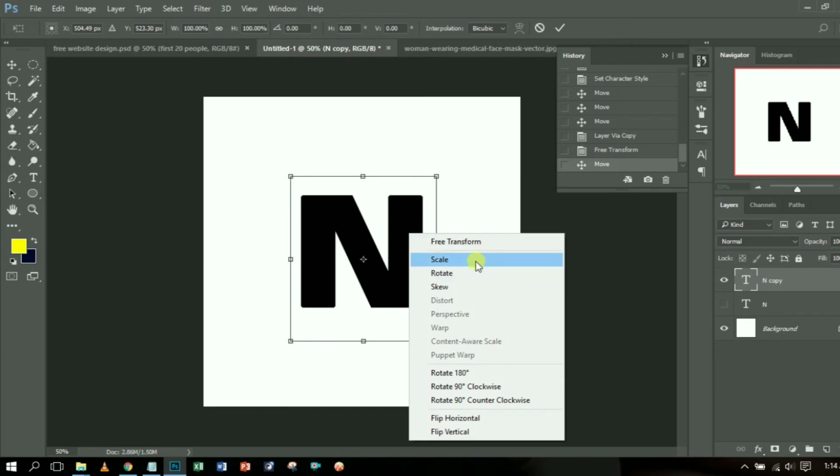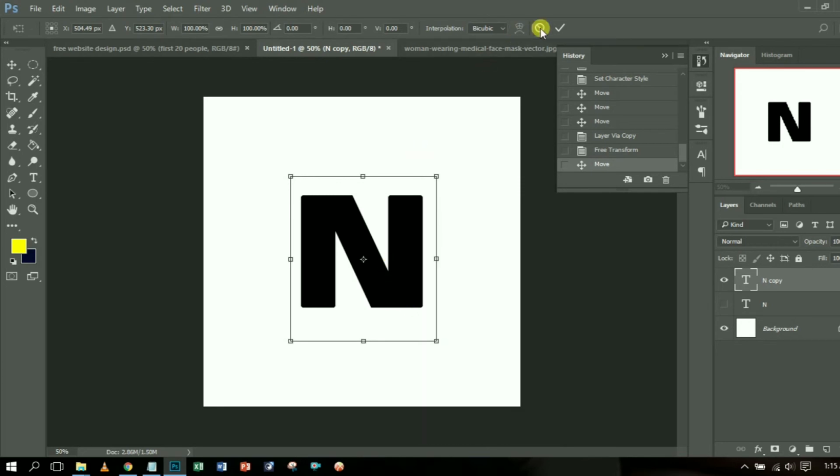You can see scale. We've already used scale. I've already explained scale when I was increasing by pressing Shift and Alt. We've looked at rotating also, and how you can rotate using the reference point. You can change the location of the reference point. Then you have skew also. Now if you notice, some are not selectable here. Why? Because it's still in vector form. I need to convert the shape to a raster form before I can have these options